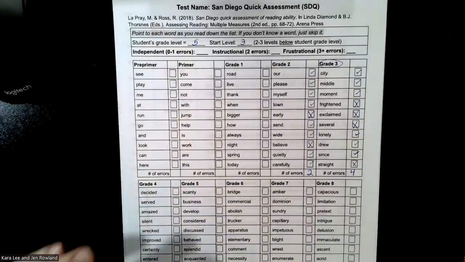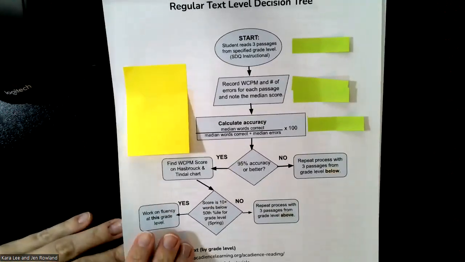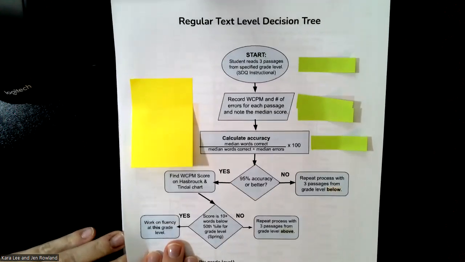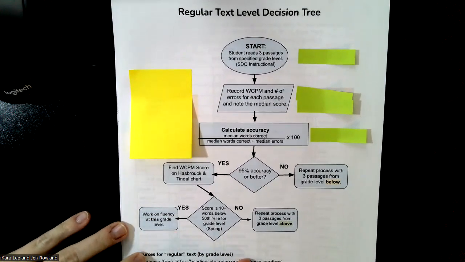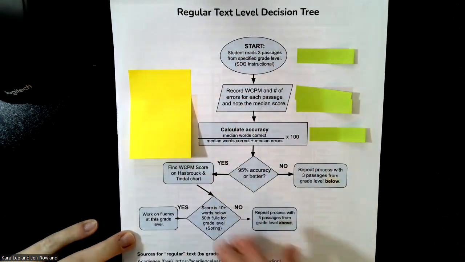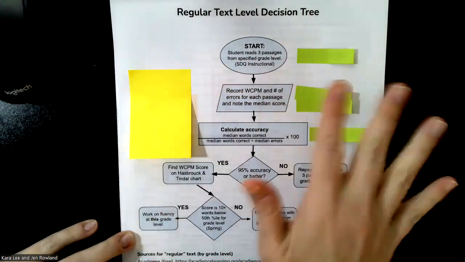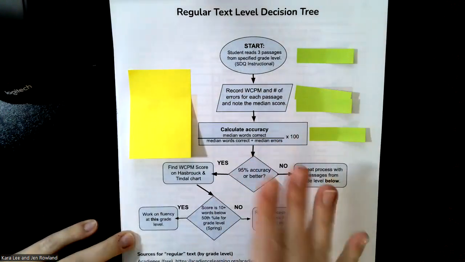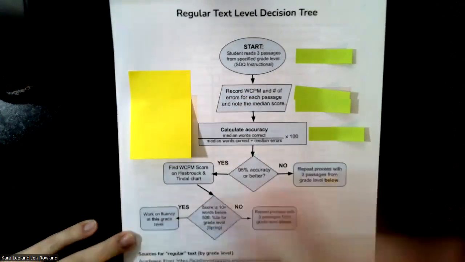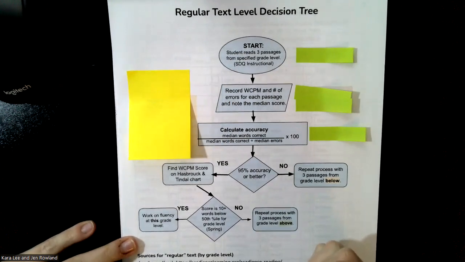So let me change my video here to show you how this works out on paper. All right. So first, what you're going to want to make sure you have is your regular text level decision tree. It's like a flow chart that tells you step by step. And we're going to do examples. That's what's covered up here, but you would follow these same steps regardless of what level